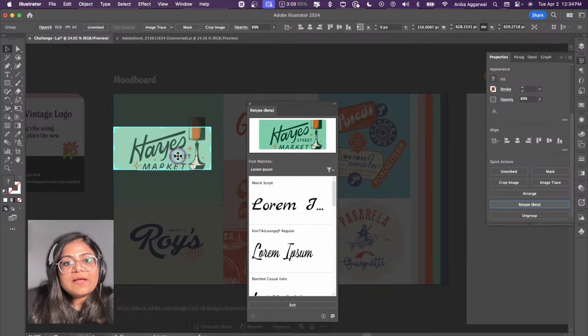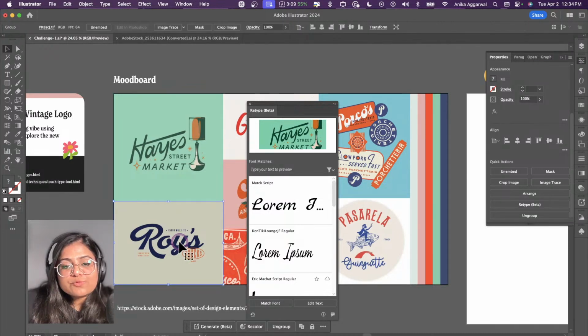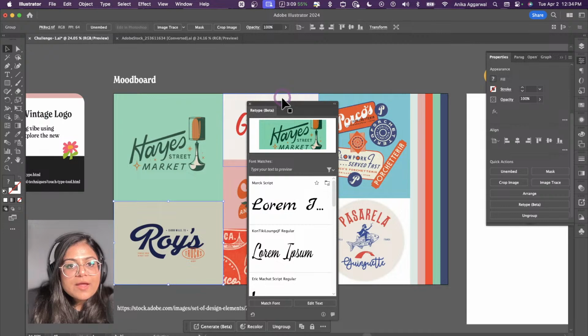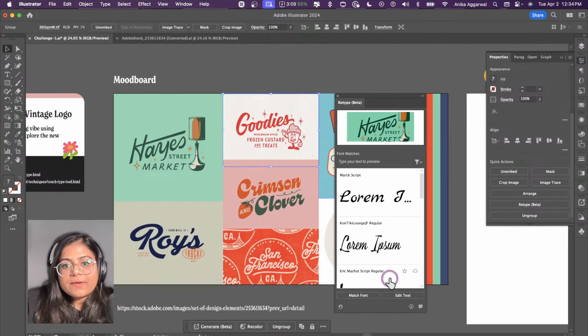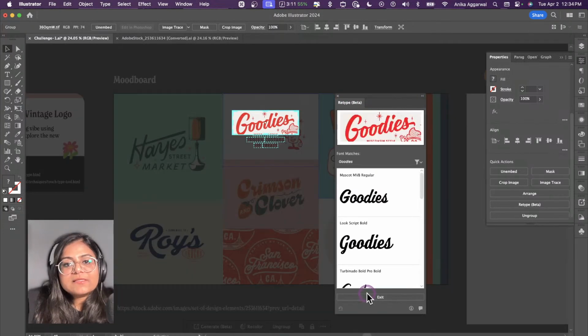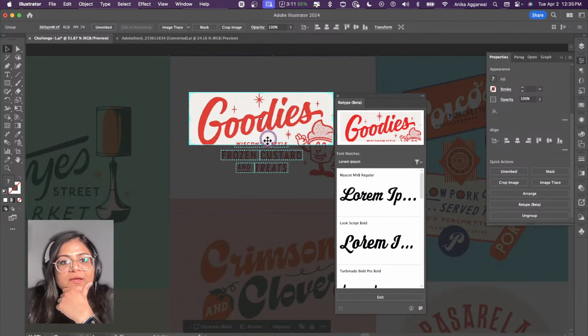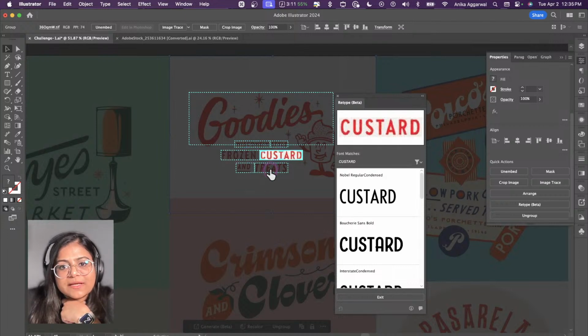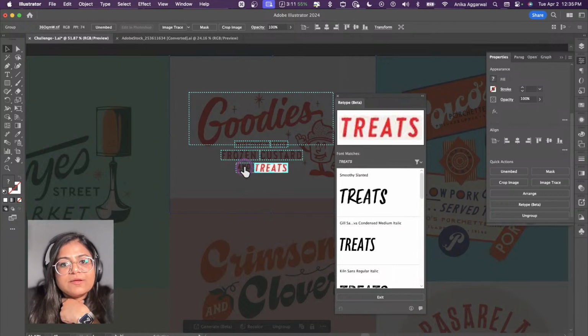Now I can pick and select these fonts here in this text, or I can click on exit and see which one I think is working for me. Let me go ahead and click this one, right? And again, match font, and it's going to process the font that I have selected. Now, if I zoom in here, it's going to give me these options, like maybe you wanted something like this, or maybe you wanted a very handwritten approach to your font, and this is the font